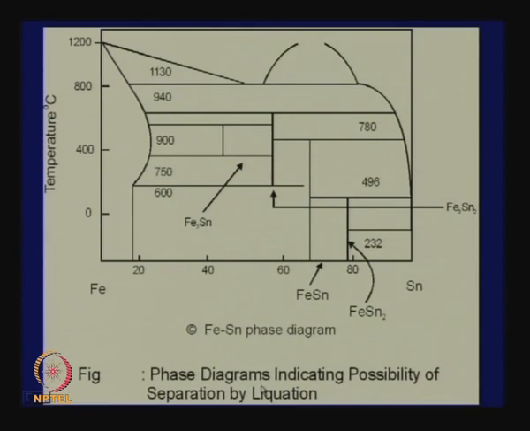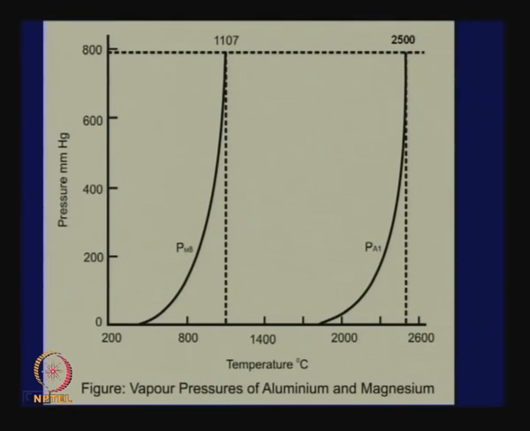There are other phase diagrams, such as between iron and tin. There are regions where simply by adjusting the temperature, we can separate tin from iron. In this case, tin is very low melting, whereas iron is very high melting. So, it should not be difficult. If the volatility of the components in an alloy is different, then of course, we can separate them by